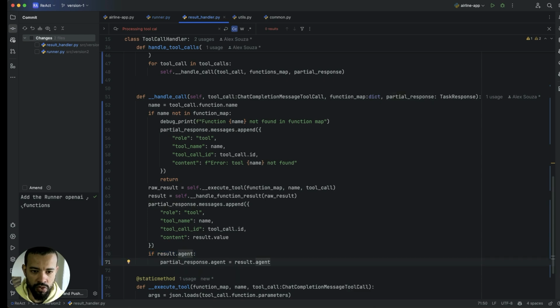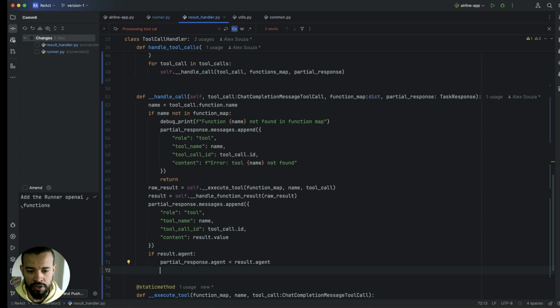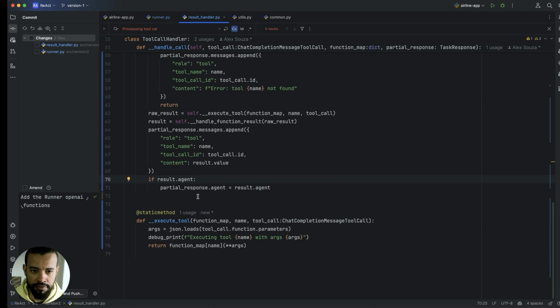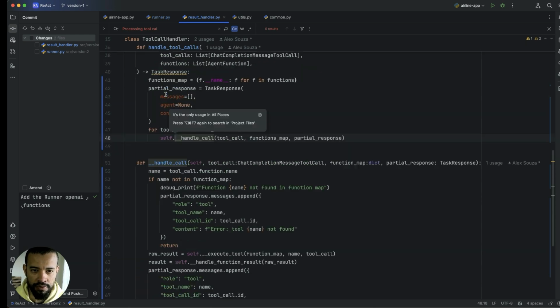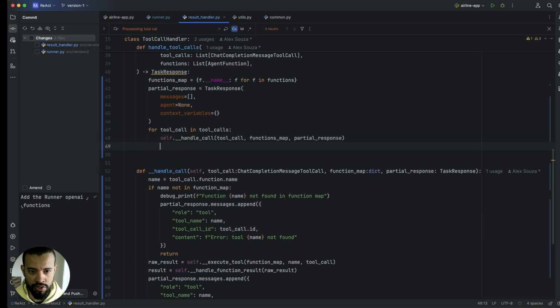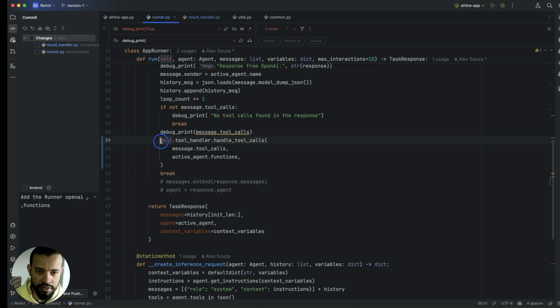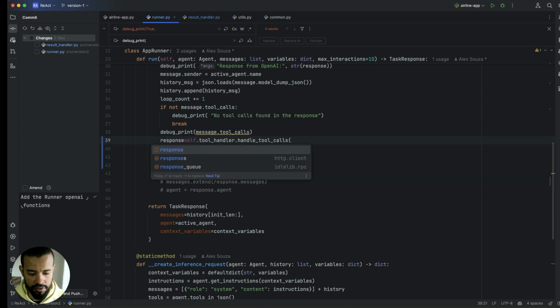We need to update this partial response with the new agent to be executed in the next loop, right? I think that's basically it for our handle call. And here we need to return the partial response, which will basically have everything populated, and we can then use it in here, response,